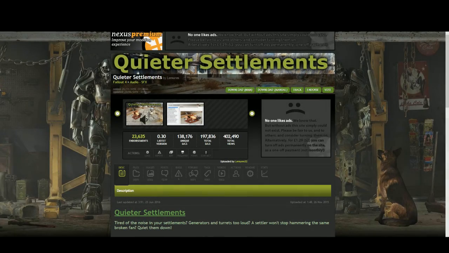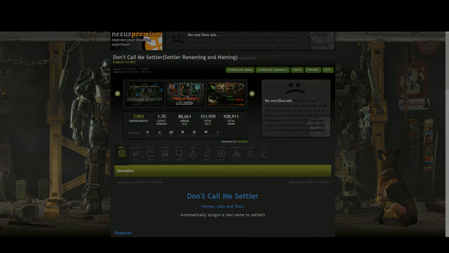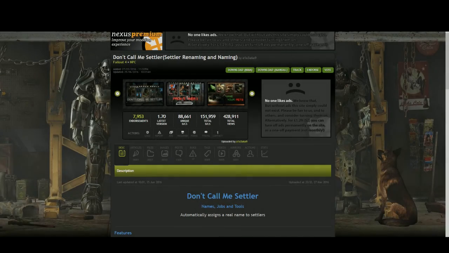Quieter settlements. If you were annoyed by all the rattling of those turrets and all the machinery there, then, well, this is it. Just download Quieter Settlements. It improves the enjoyment of settlements a bit, and you're no longer annoyed by the omnipresent sound of pom pom pom pom. That's just too much. And the last one, Don't Call Me Settler, which is a mod which allows you to rename settlers